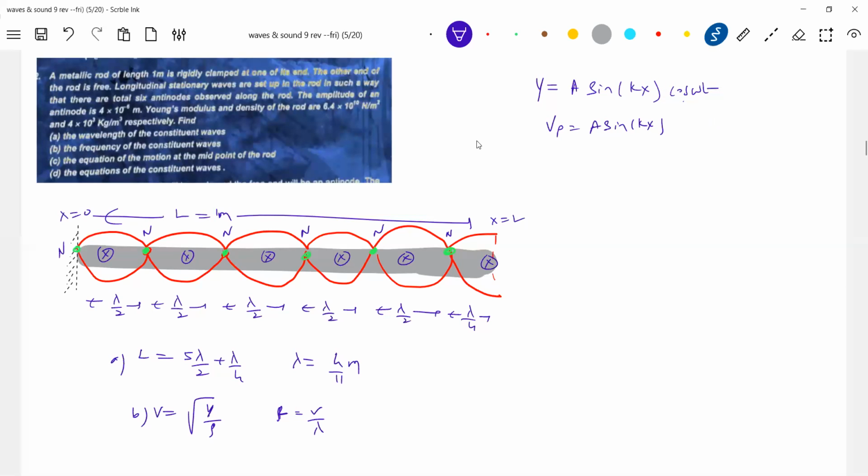Okay, cos omega t, I'll write it. So at the midpoint, x equal to L by 2, you write it and you'll get the expression for y as a function of time. Okay, now what is the midpoint? Midpoint, you can see two loops here. Where will the midpoint come?